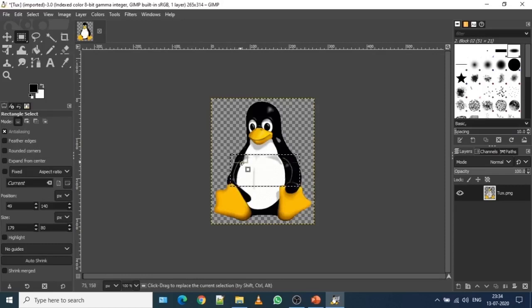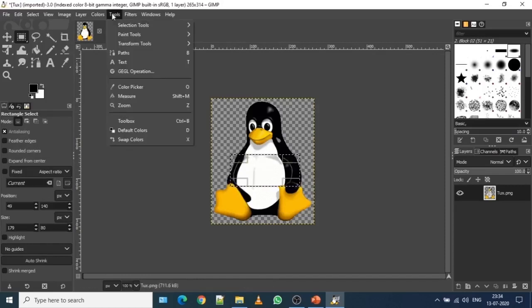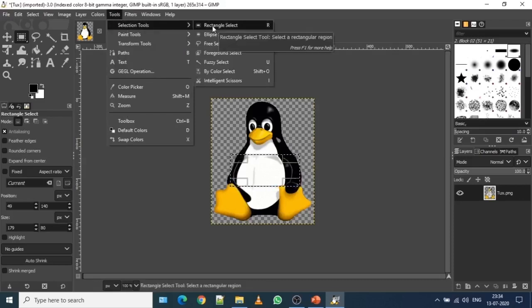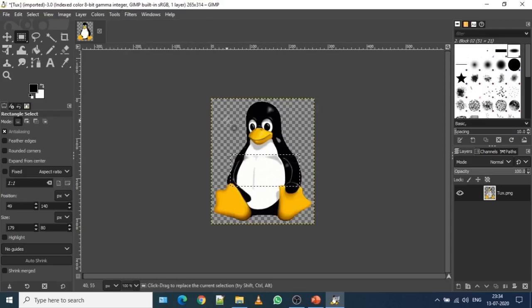The same thing you will find here in the selection tools. If you press the letter R, it will bring up the rectangle select tool. Again, the rectangular tool is used to select a rectangular area of an image.